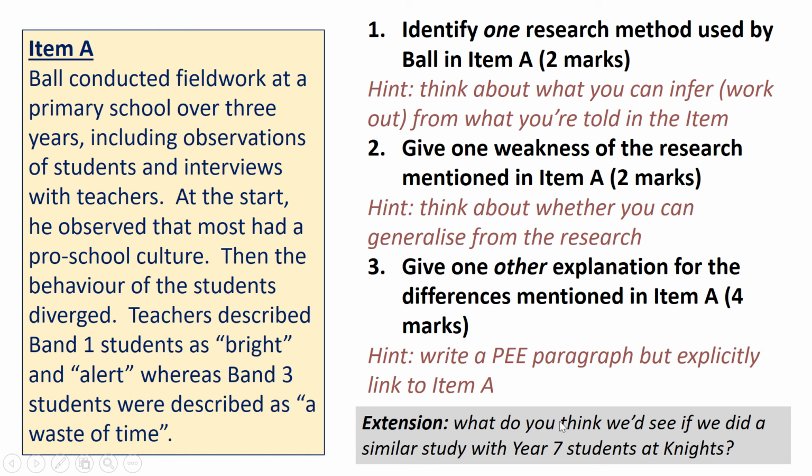What do you think if we did a similar study with Year 7 students at nights? If we put half of them into mixed ability classes and half into streams and then let them go, after a year or 3, would we find that the students in the streams were being labelled by their teachers, whereas the mixed ability students all still had a positive attitude to school? Do you see that in your own lessons? Some of you have mixed ability classes, some have classes where you are set. What do you think?